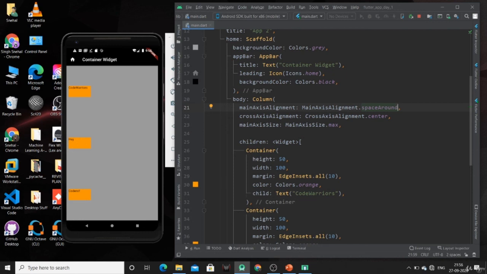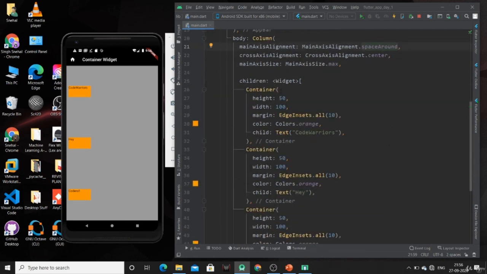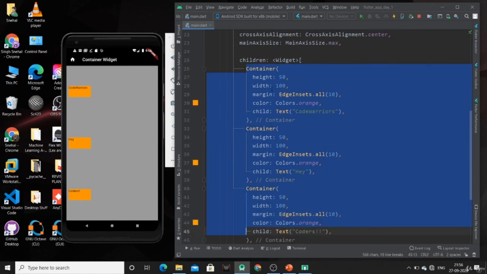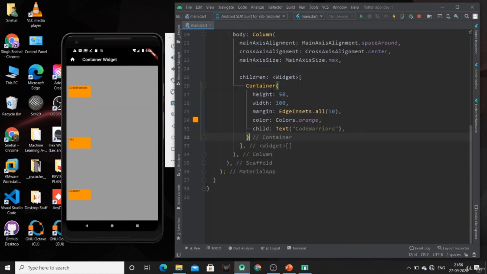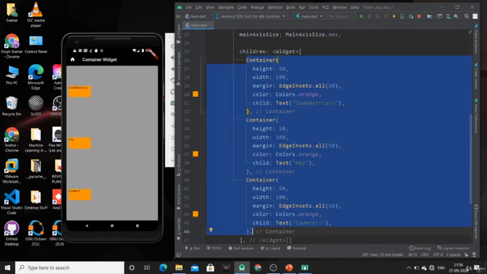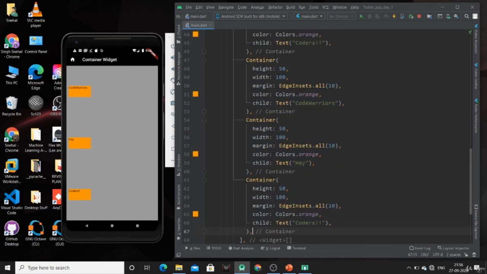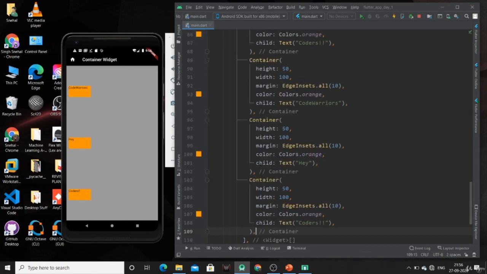Now the drawbacks of the row and column widgets are: first, the row widget in Flutter does not have horizontal scrolling. I have already mentioned that if you specify so many children which can't fit in a single screen, as it does not have a scrollable property, we can't scroll it.